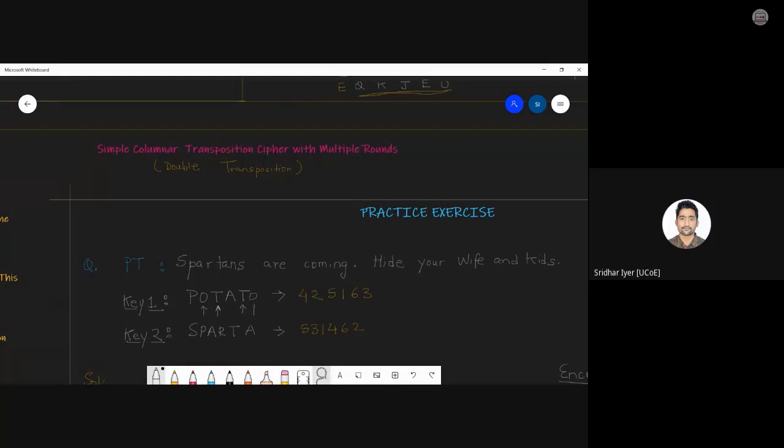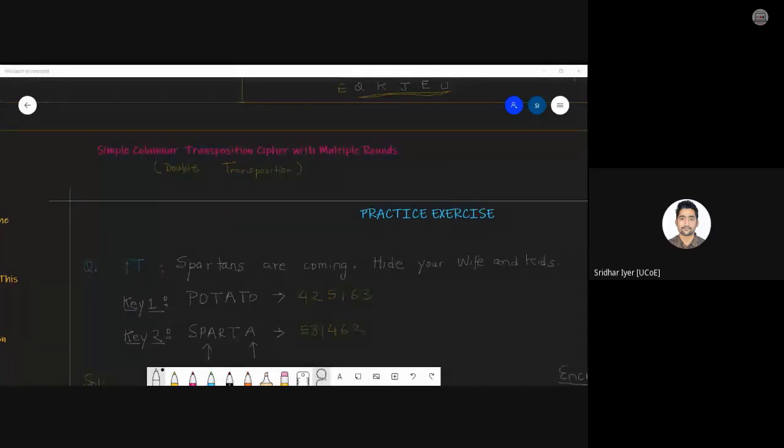Am I clear? Same thing happens with Sparta. The first A will be given priority first. As you can see, this one is given priority 1, and this A is given priority 2. Am I clear? Yes or no? Because this is what basically happens in the exam. A lot of mistakes happen over here. So whichever A is present from the left hand side first is given the first priority.